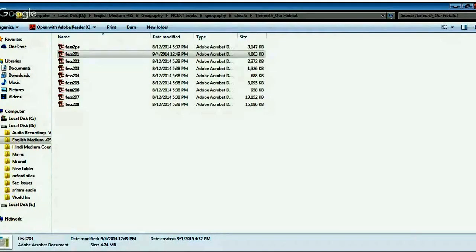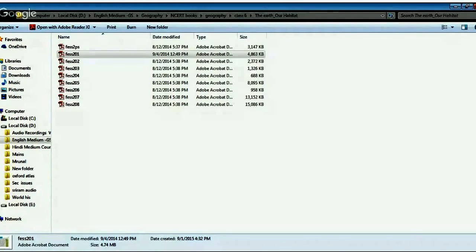Now this is the diagram. From the Sun, Mercury is the closest planet, then Venus, then Earth, then Mars, then there is a belt of tiny particles between Mars and Jupiter called the asteroid belt, and then Saturn, then Uranus, then Neptune. So from this you can see there are four planets, that is Mercury, Venus, Earth, and Mars.